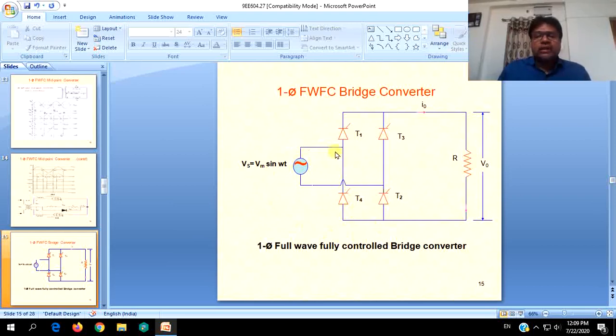Actually T1 and T2 will be getting their forward voltages, they are forward biased. T3 and T4, which will act together, will be reverse biased, reverse voltage will be appearing across them. So once you switch on the supply, T1 and T2, which are forward biased, will be triggered or fired at a given angle alpha, they will conduct. Current flows via SCR1, load and SCR2 back. Whereas the same forward voltage will be blocked by this T3 and T4.